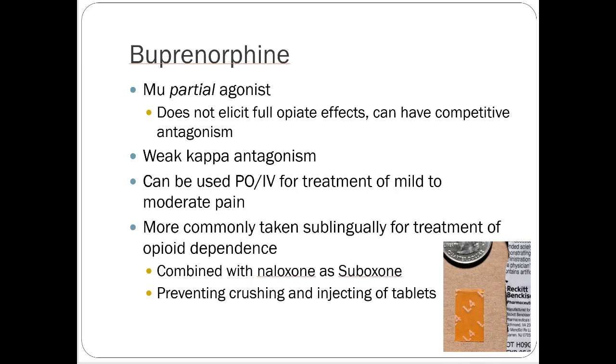And when that occurs, you don't get any more effects from the mu agonism, and in that case, you don't really get much euphoria out of it. So it can work for pain, but again, mostly we're going to see buprenorphine combined with naloxone. Naloxone is an opioid antagonist, which we'll get to in a few minutes here, but they put it in here because